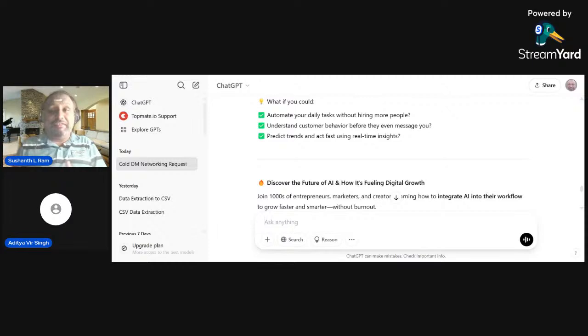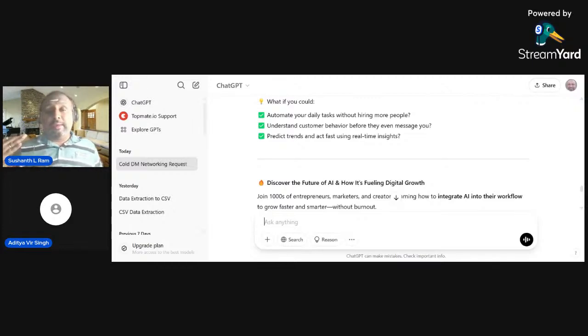Or if you are an agency founder, don't tell your client that you are researching. Of course, you don't need to copy completely. You can use this, you can refine it, but still able to solve so many things, and you will be